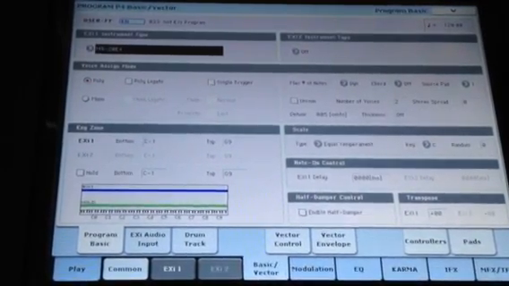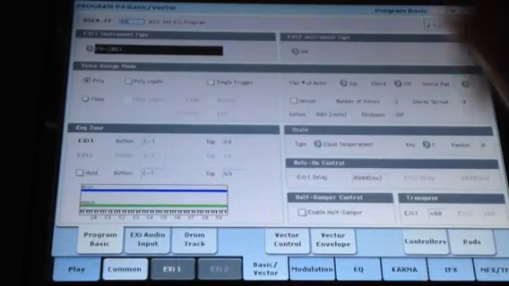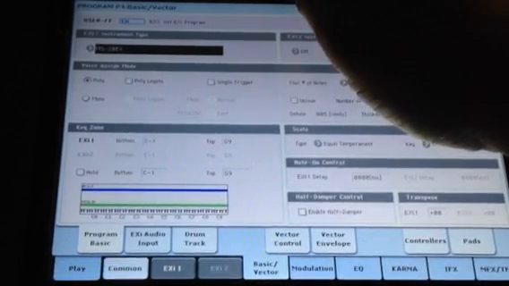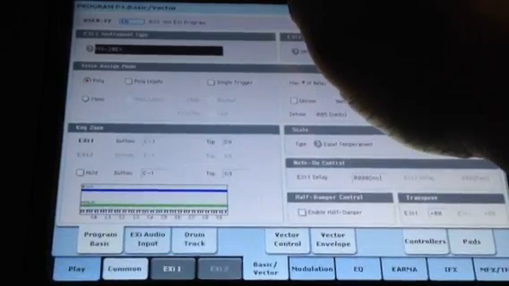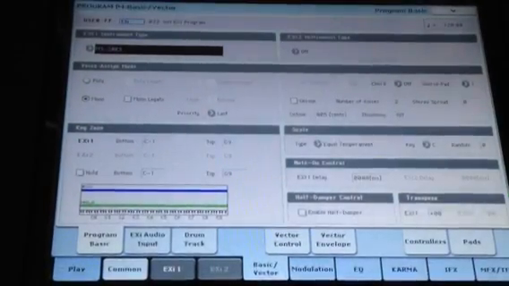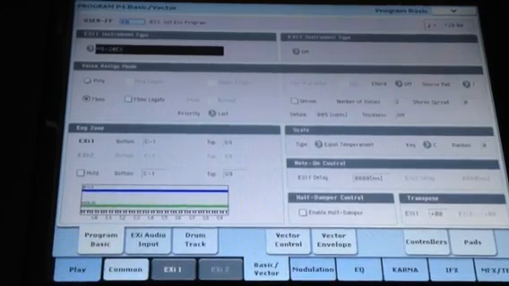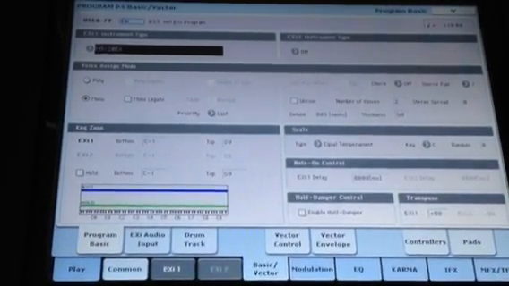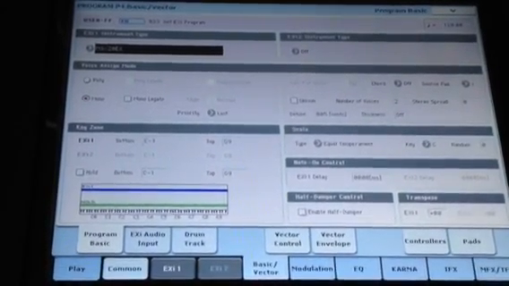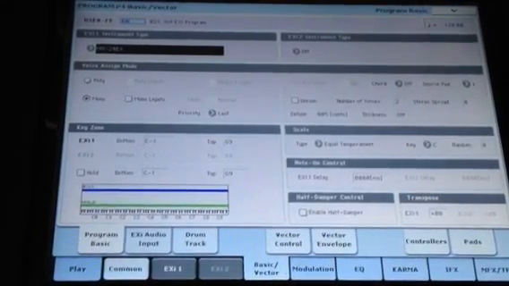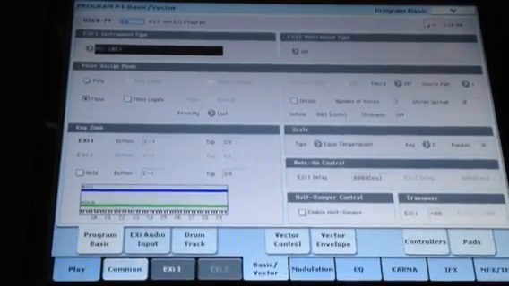So if I would like to do it in mono, because for the vintage analog, usually it will be in mono, we will change from polyphony to mono. As you can hear, only one note can be heard at one time. So we can play some. Now it sounds like true analog, but